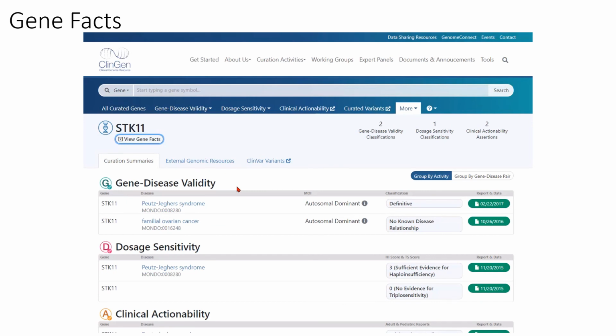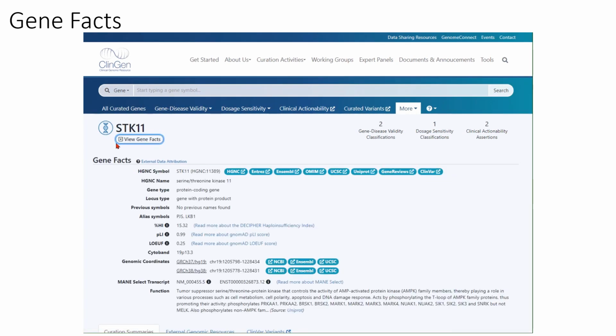Another new addition is this area at the top of each page called Gene Facts. Clicking on this button expands the display area and contains gene-specific information from various external sources. This includes information from HGNC, including the current gene symbol, as well as previous and alias symbols, the gene name,